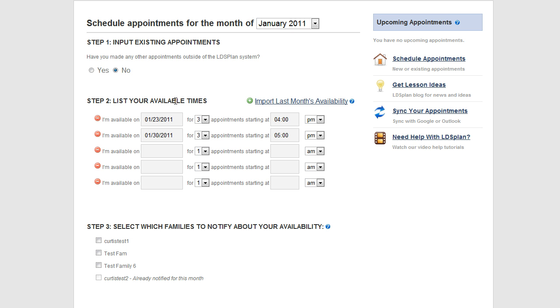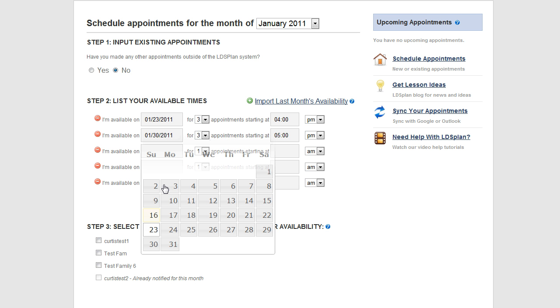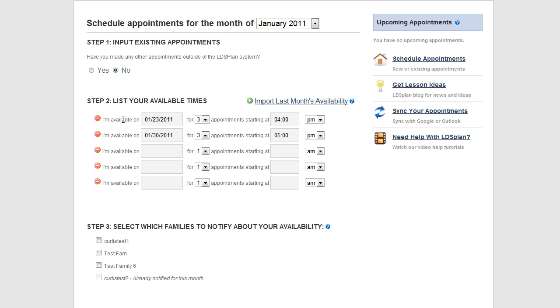In these boxes here in step 2, you're letting LDSplan know exactly when you are available for the month. If you click on the first box, you select a date. So it says I'm available for this date for however many appointments, and the max is how many families you have. So if you're available for 3 appointments at that time, starting at 4 p.m. And just a note here, you can only submit your